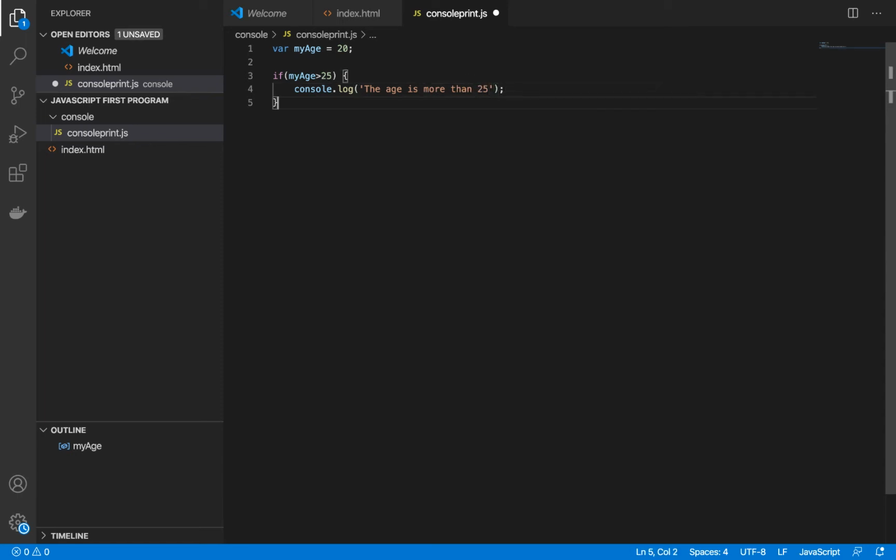But I want to execute one more condition which says, what if this condition is false? In this case, 20 is less than 25, right? So this block of code will not be executed because this statement is false. But I want to execute some code even if the condition is false.